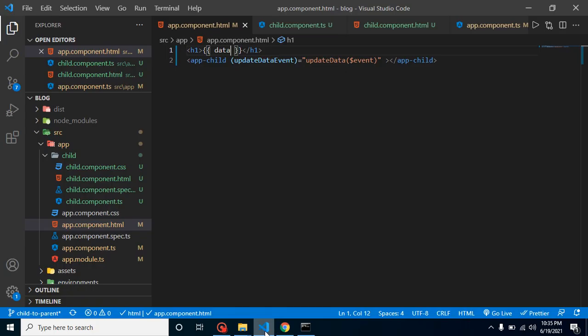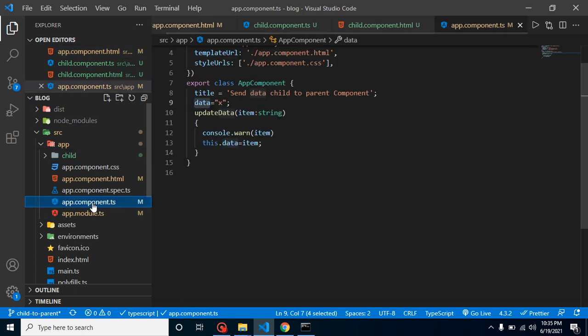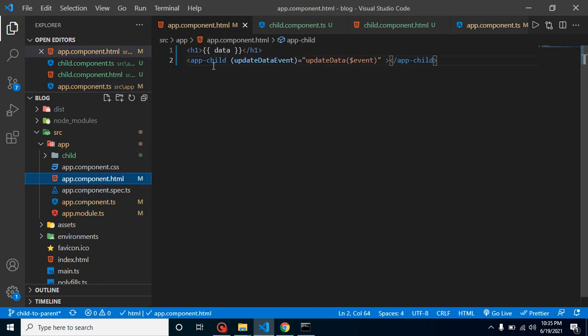So let's recap the flow once again. First of all, we have to make a child component. We already created that, that's great. After that, in our app.component.ts we will create a function, and this function will be passed to our child component and called from here, from the child component, right? And how we can pass it? Obviously through the imported child component tag. Here we created that update data, and we are passing it to our custom event, which is update data event.